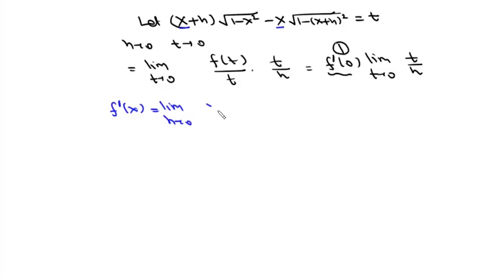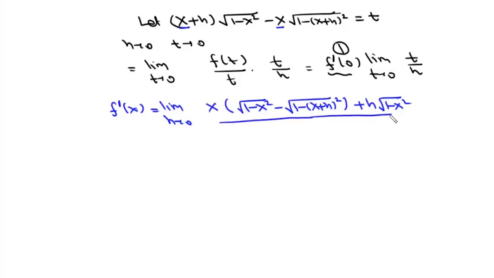So it will be this x into under root of 1 minus x square minus under root of 1 minus (x plus h) whole square, and plus h into under root of 1 minus x square, whole divided by h. Now in this part h and h will cancel. So we get this f dash x as under root of 1 minus x square and then plus this limit